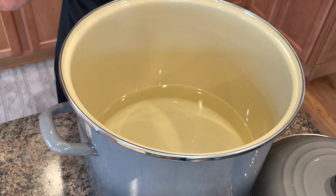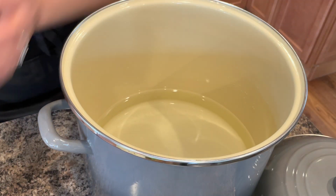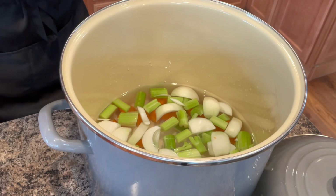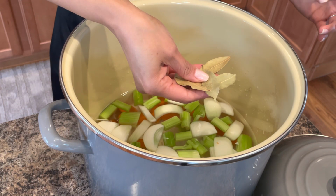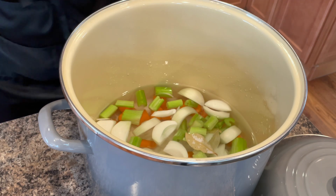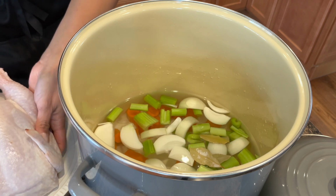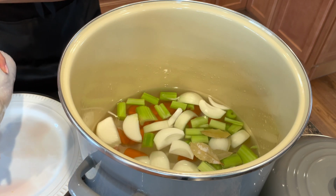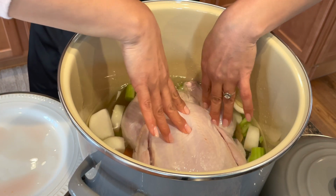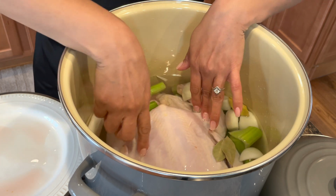To get started, all we're gonna do is now add all these ingredients to a pot of water. We're gonna start out with all the veggies, our bay leaves, and our salt. Now to the pot. The reason I like to do this last is because this chicken is gonna boil for a long time. And I like to add just enough water to come up around the chicken, and remember to